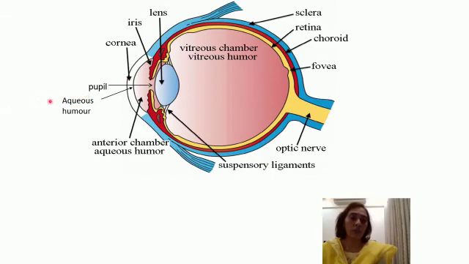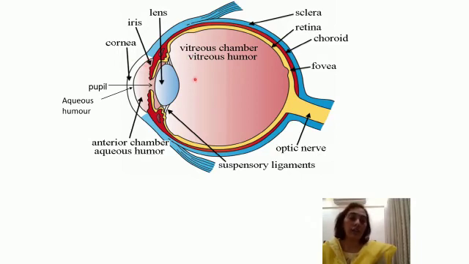Like here, the aqueous humor is present between cornea and the iris. The space between the two, the cornea and the iris, has got aqueous humor. Whereas between the lens and the retina, there is a lot of space here which is filled by another fluid, that is vitreous humor. So we have two watery fluids, and the function of these fluids is to maintain the shape of the eyeball. We know that the eyeball is spherical in shape. The change in the shape of the eyeball can introduce various disorders. So to maintain the spherical shape, we have this aqueous humor and the vitreous humor.